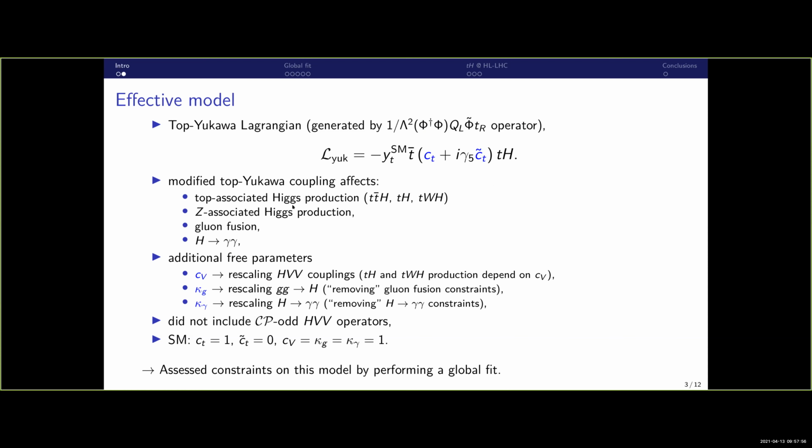Then the modified top Yukawa coupling affects different processes. First of all, there's top associated Higgs production, which has channels ttH, tH, and tWH. Then there's also Higgs production via loop effects, gluon fusion and Higgs to gamma gamma. In our EFT, we also have additional free parameters, which are c_V, which rescales the HVV couplings, and tH and tWH depend on this. And we also can allow for additional new physics in gluon fusion and Higgs to gamma gamma independently of the modification of the top-quark coupling. This we parameterized by modifiers kappa_g and kappa_gamma, which then effectively enables us to remove either the gluon fusion constraints or the Higgs to gamma gamma constraints. We did not include any CP odd HVV operators, and